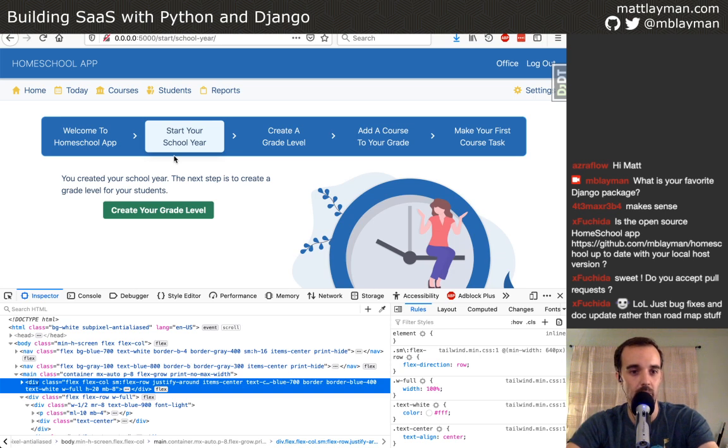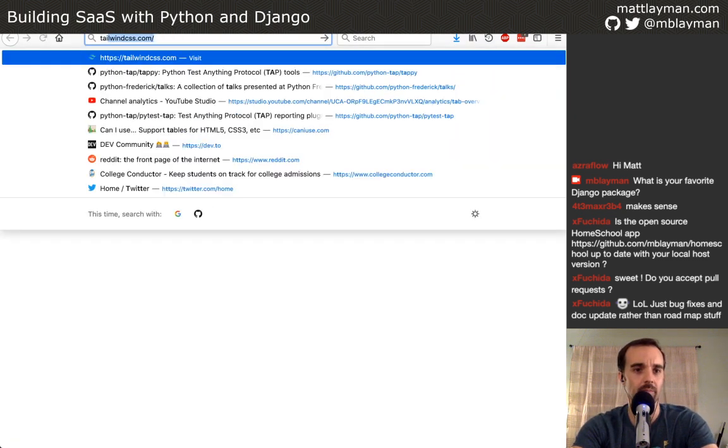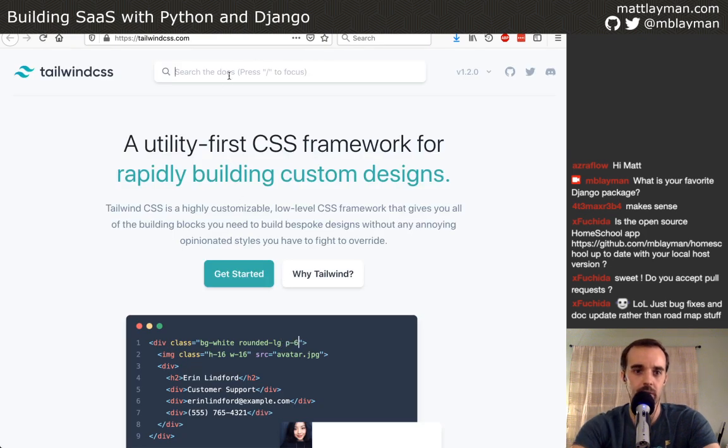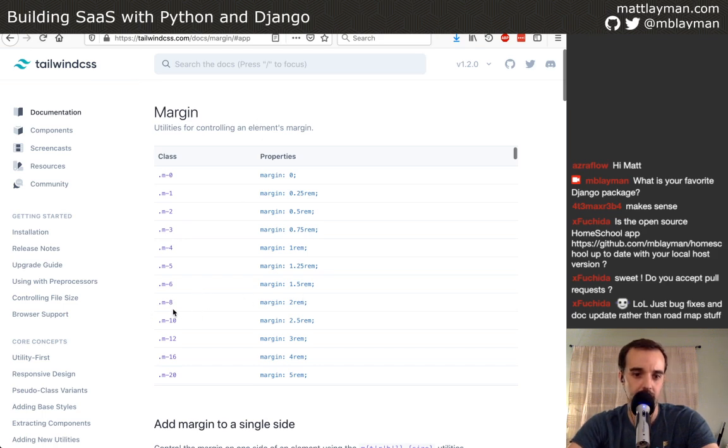Tailwind uses a relative numbering syntax. So it's 8, which is like 2 relative EM, I think. Let's check. Let's look up margin. And MB8, yep, I got it. MB8 is 2 relative EM units. You can go look up what that means in CSS. I don't fully remember. I think it's relative to the size of the font that you have or something. CSS loses me sometimes because sometimes it's pixels, sometimes it's other units. I don't know. But at any rate,